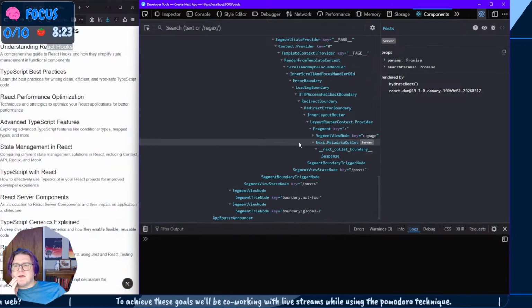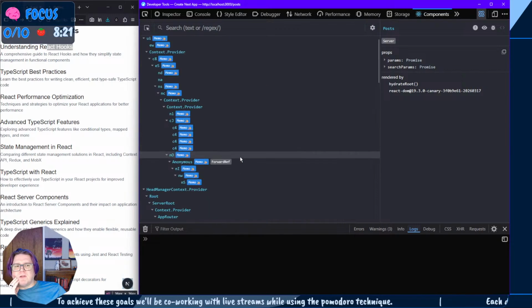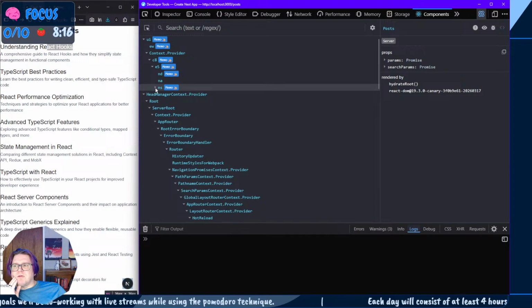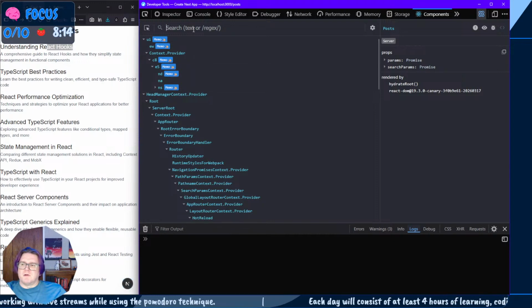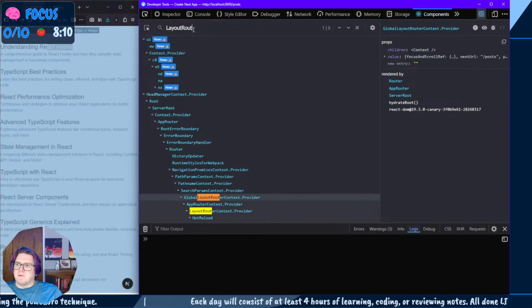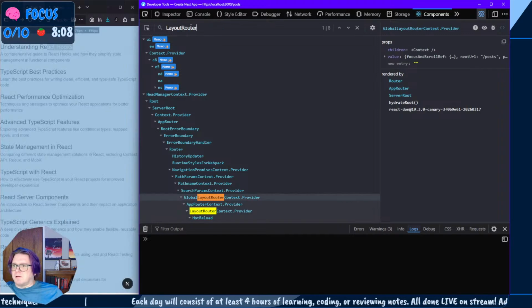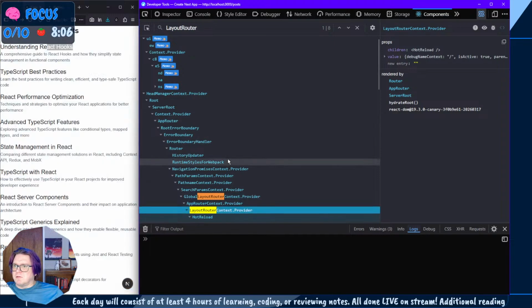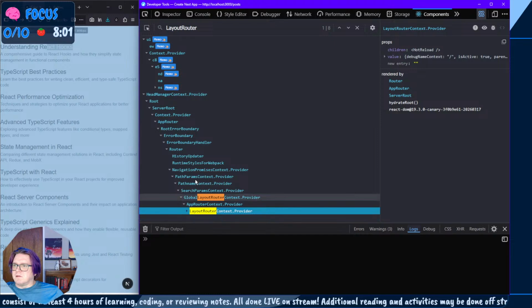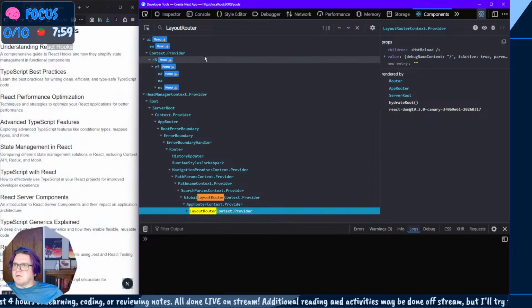So they say that they have layout router context right before it. Is there a way to look through here, search through here? Let's look for layout. Router context provider is here. And then so what's supposedly next to it is that